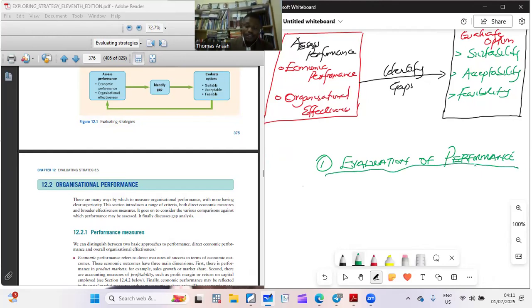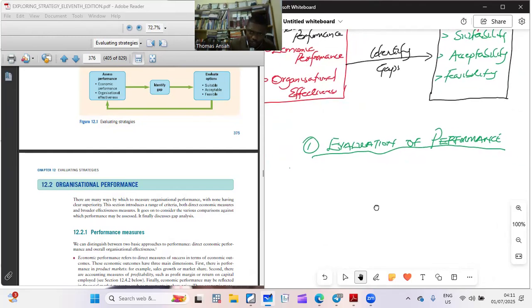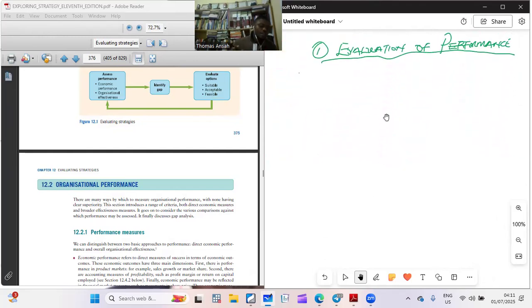In the exams, that's the first thing you need to do. You are going to evaluate performance, the organizational performance. And how do you think we do evaluation of an organizational performance? We have so many things you do. Number one